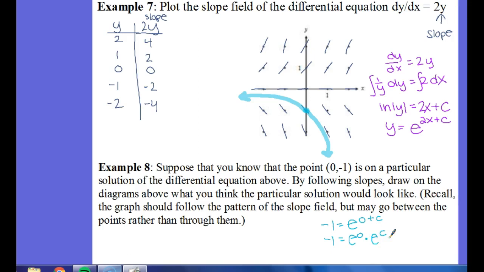So really that's like saying e to the 0 times e to the c. And we said e to the 0 is 1. So it's like saying -1 equals e to the c. So your c value becomes -1. So you could actually use a slope field to find an equation of a